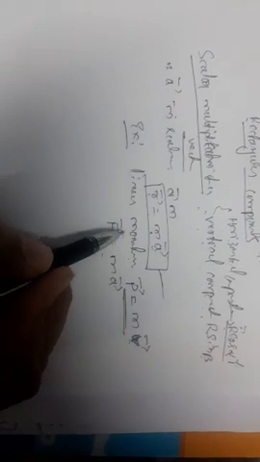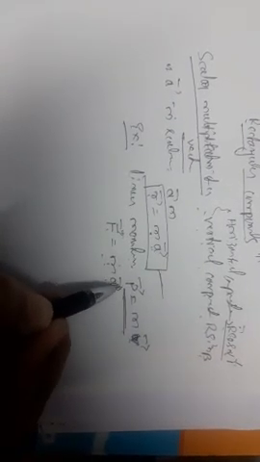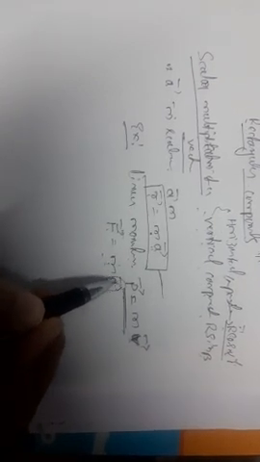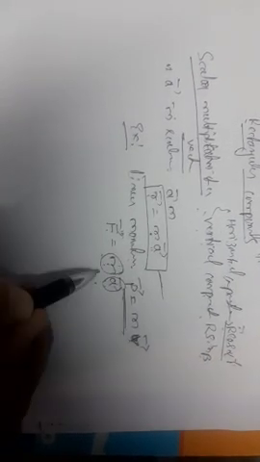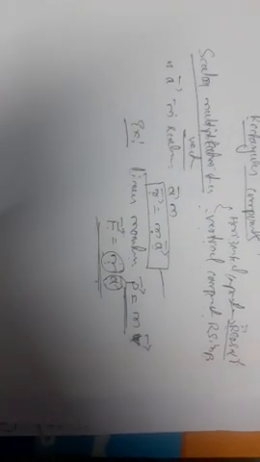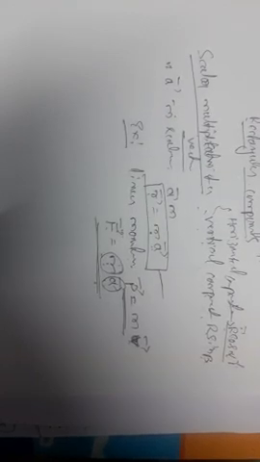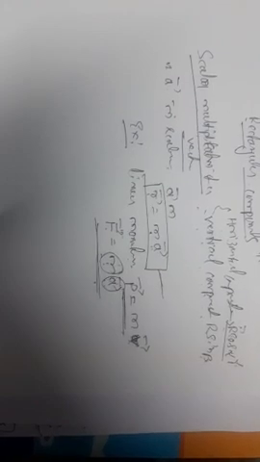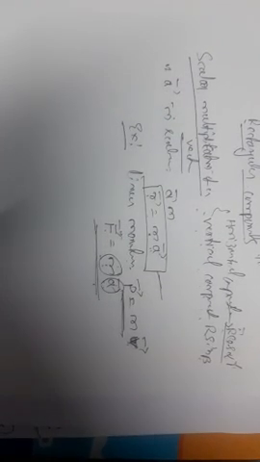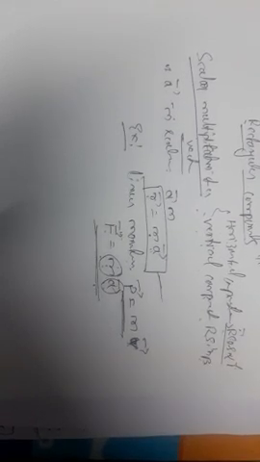See, force is a vector quantity, mass is a scalar quantity, and acceleration is a vector quantity. One vector and one scalar are present. The force equation is also an example of scalar multiplication. Scalar multiplication means one vector and one scalar present in any physical quantity is called scalar multiplication of a vector.